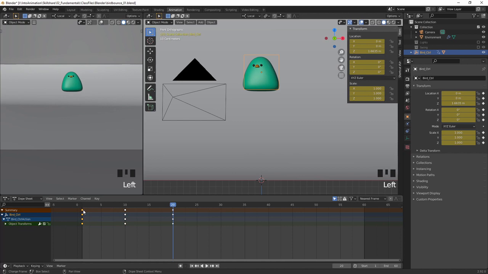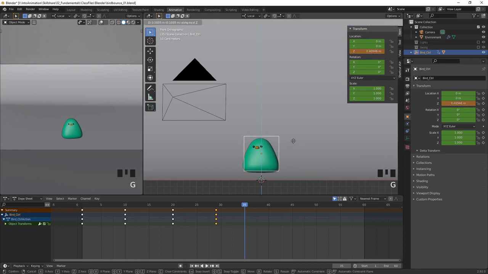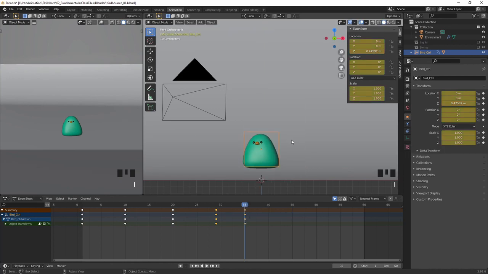Now I'm going to pick the first keyframe and hit Shift D. I'm just going to drag this along to around frame 29. I'm going to drop back down, and then we'll do another little bounce. So maybe frame 35. Just going to hit G and Z and move this up in the air a little bit. Again, hit I, set a key,